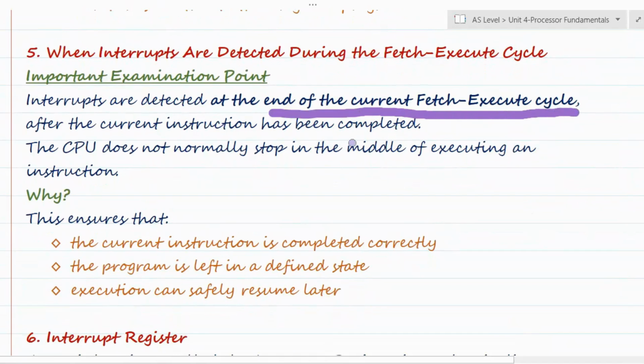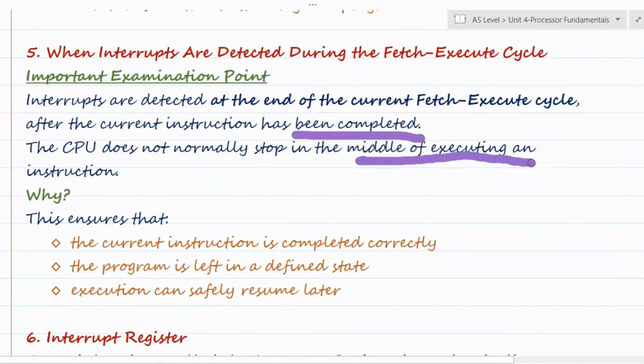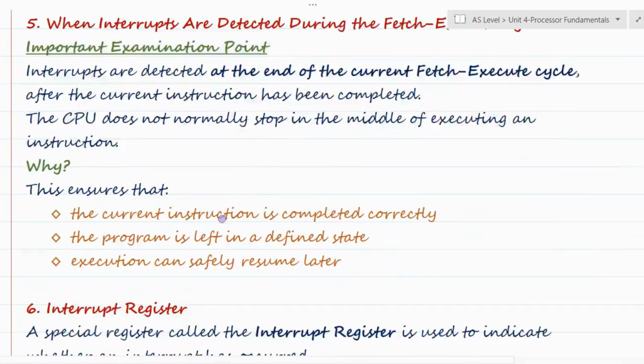After the current instruction has been completed, the CPU does not normally stop in the middle of the execution of an instruction. Why? This ensures that the current instruction is completed correctly, the program is left in a defined state, and execution can safely resume later. So that's why the CPU does not normally stop in the middle of the execution of an instruction. Right? Now,